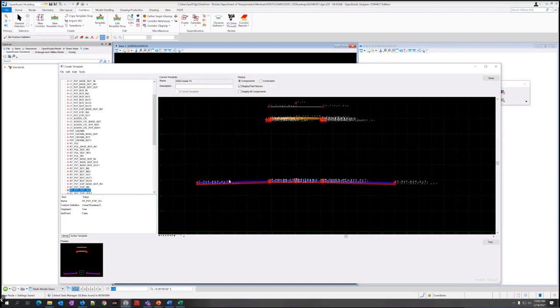Now, if it goes from 2% to 3%, you'd probably have another breakpoint in there, and that would be an additional super elevation lane where the default is 3%, and it's got to kind of rotate step by step.